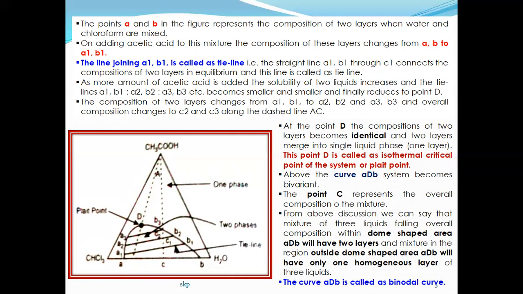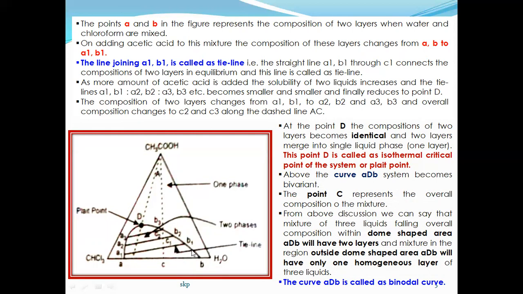They form two layers. At this point there is 10% water and 90% chloroform. When we start to add acetic acid, the layer will